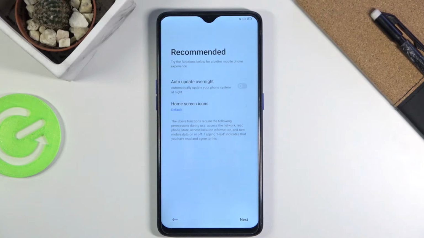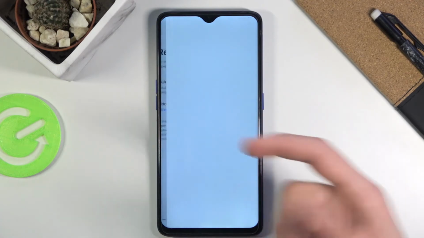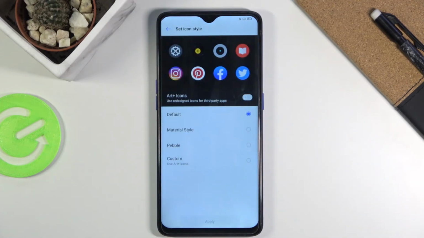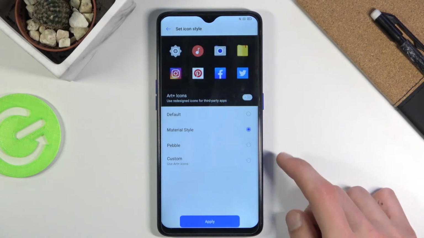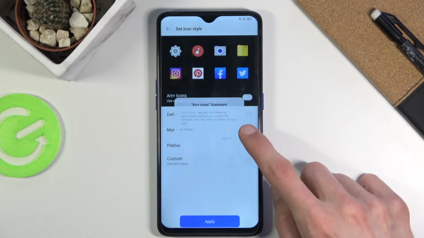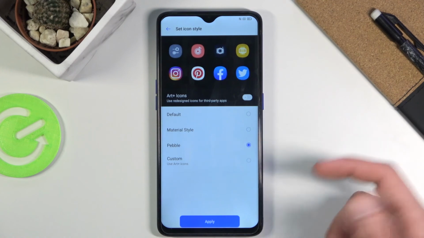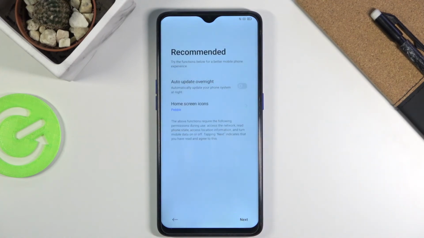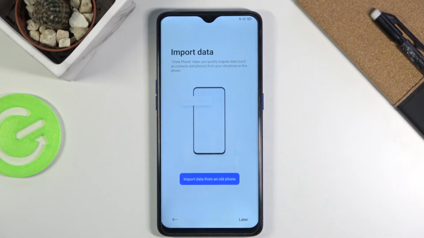And then we have recommended, auto update overnight, and home screen icons. So update overnight, self-explanatory. If you want your device to update overnight when a new update drops, then check it on. Otherwise you will have to go and do it yourself manually through settings. And then home screen icons is just a general look of the icons on your home screen. Now we have two different ones that come enabled. So select whichever one you want, choose apply, and from there, click on next,